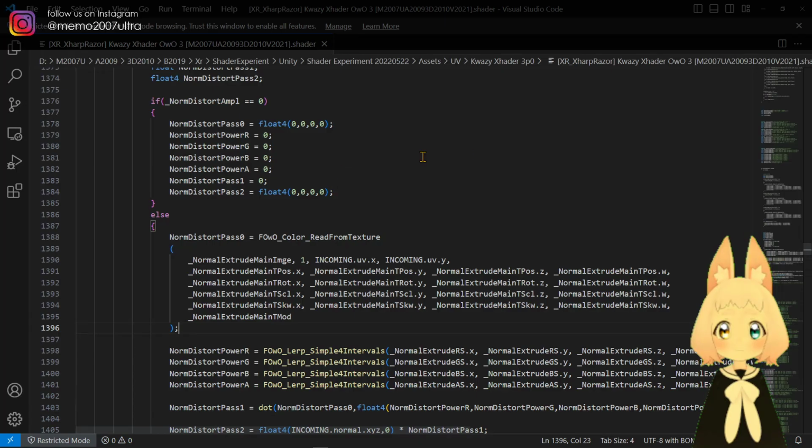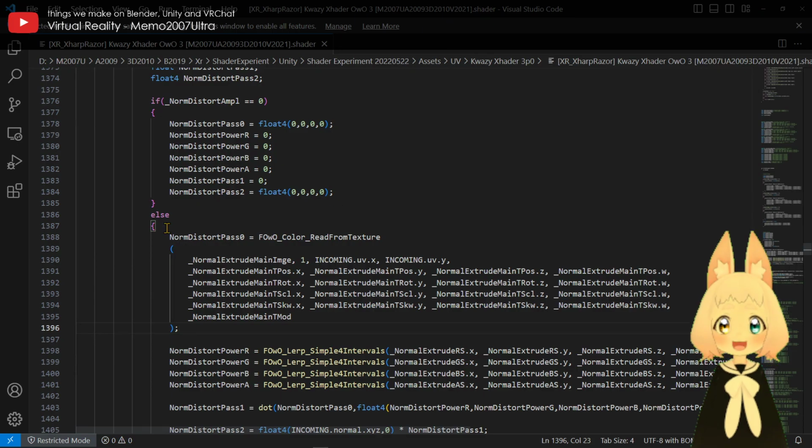It's both good and bad at the same time. Because it's good, it's flexible, yes, but it's bad, it's a little bit hard to read. But anyway,